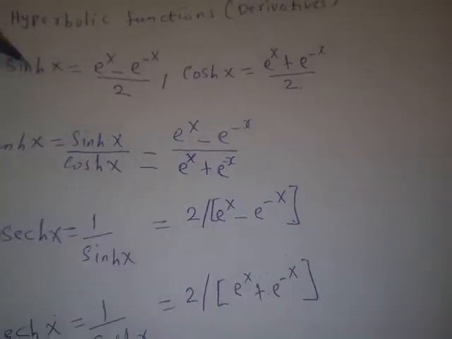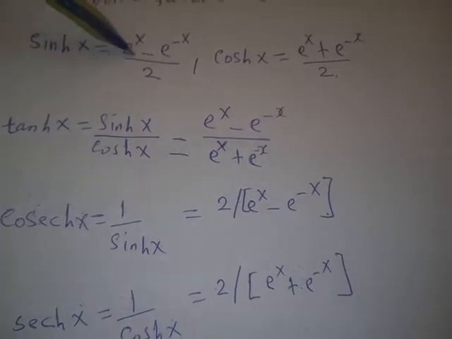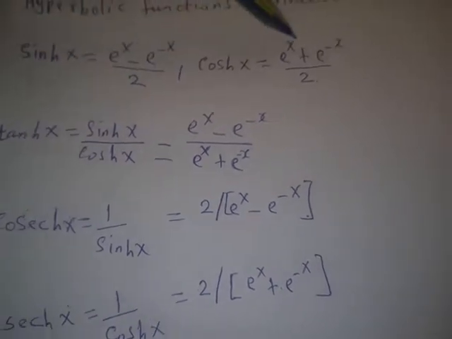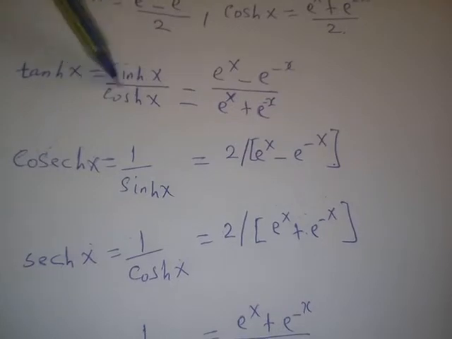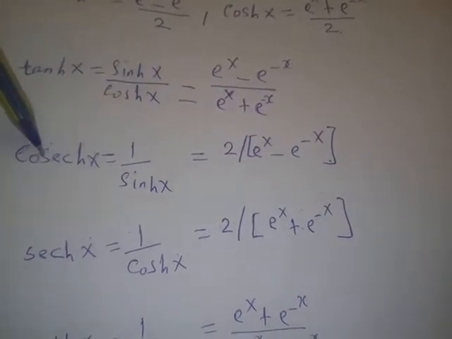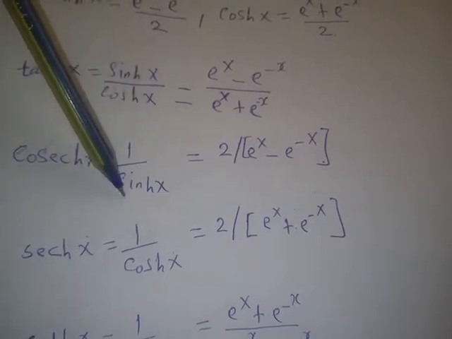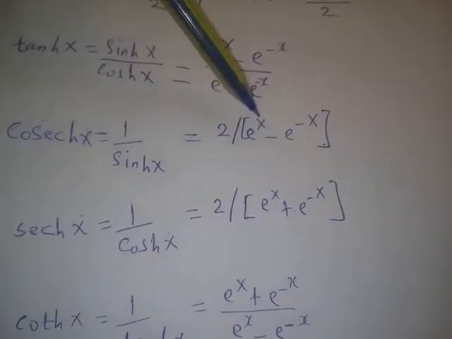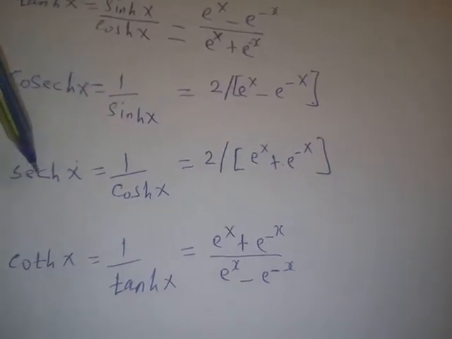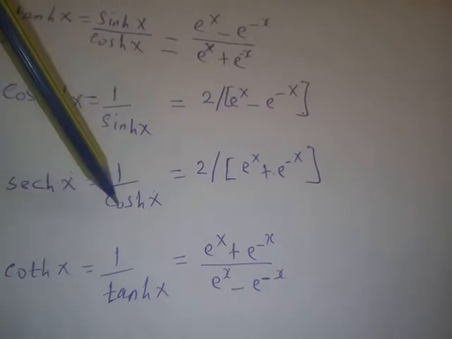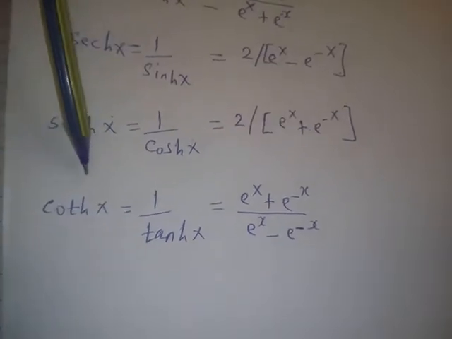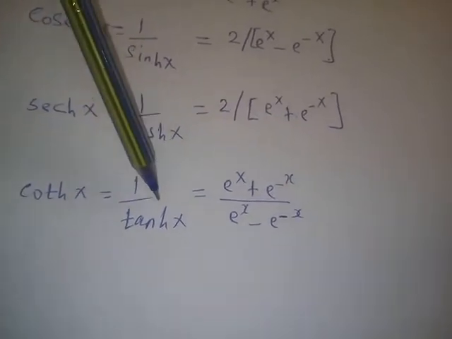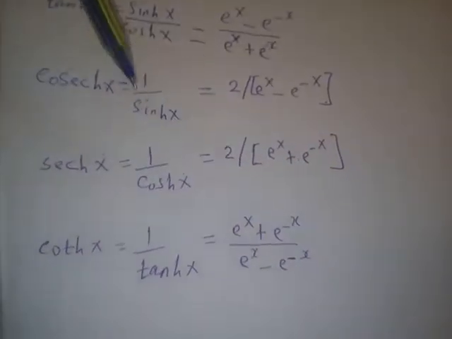Now, with these 6 definitions, beginning with the hyperbolic function of sine, which is given by this equation, and that of cos given by this, and that of tangent given by this, and that of hyperbolic function of cosec x, which is 1 over hyperbolic function of sine, given by this equation here, and that of hyperbolic function of sec x, which is 1 over hyperbolic function of cos x, given by this function, and that of cot x, which is equal to 1 over tan x, given by this. So with these six